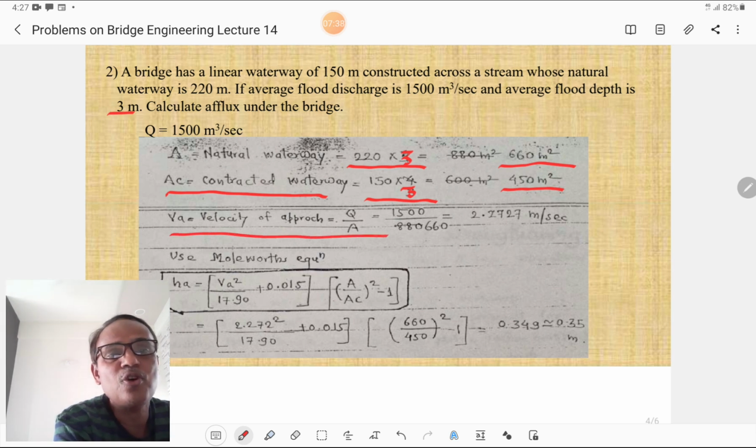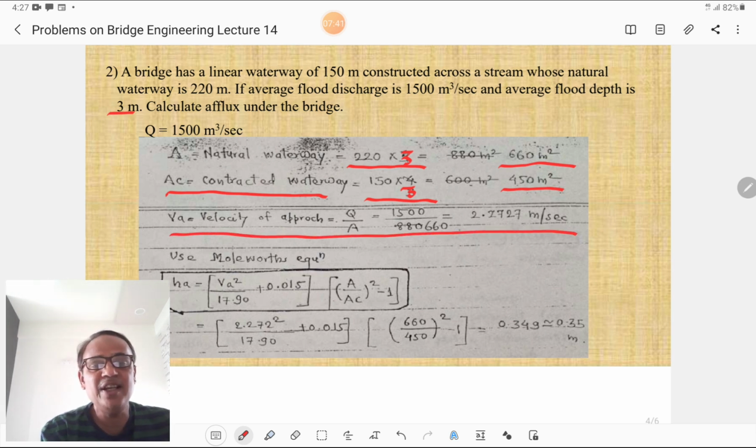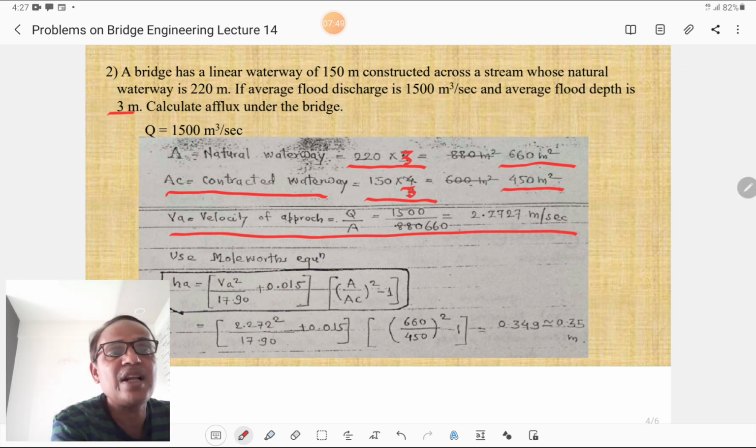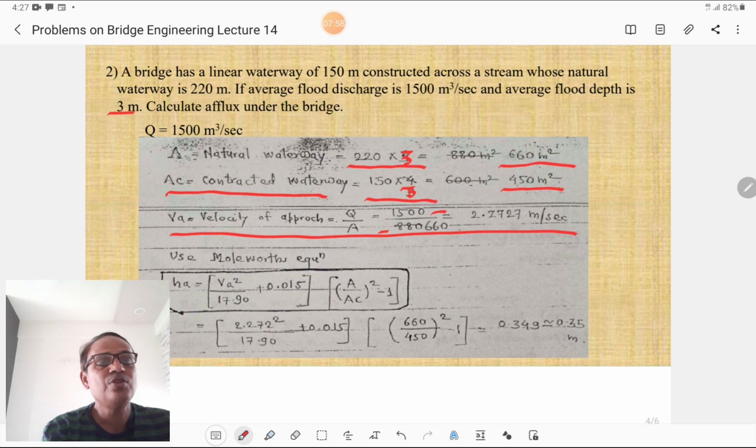Velocity, you know the common formula, Q is equal to AV. So V is equal to Q by A, and velocity of approach we may term as VA, that is Q by A. Q is given as 1500 meter cube per second, and A, that is the natural waterway, 660 meter square. So you will get the velocity of approach as